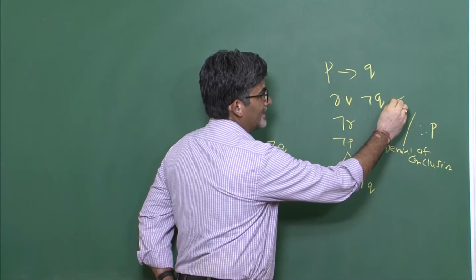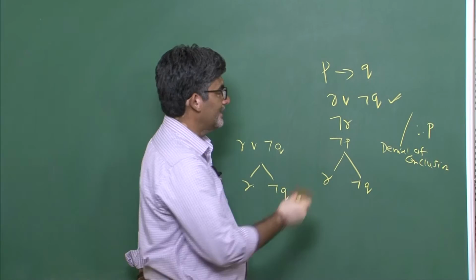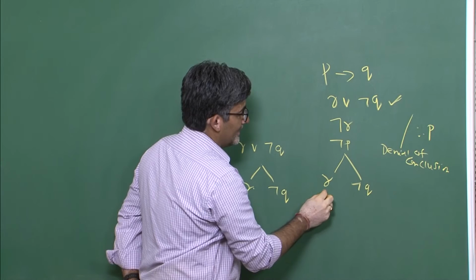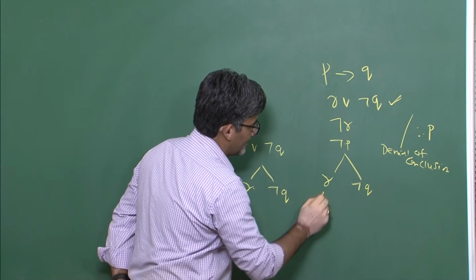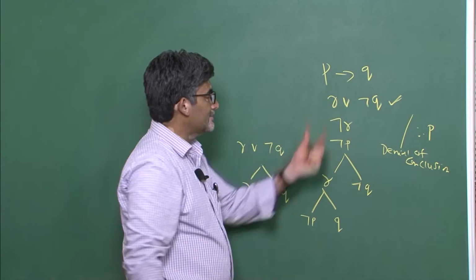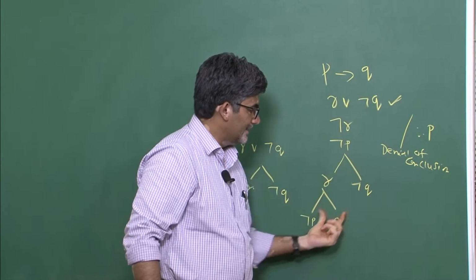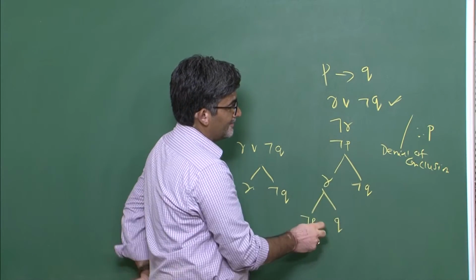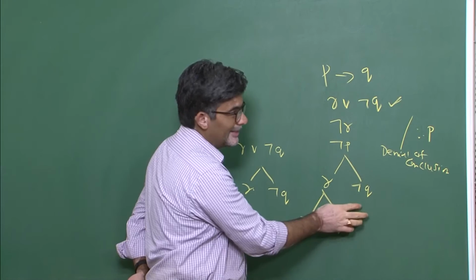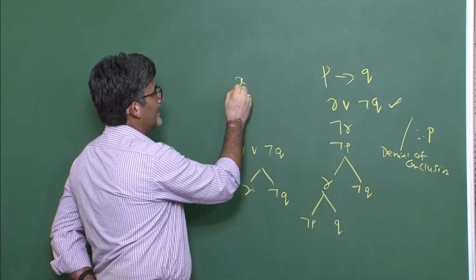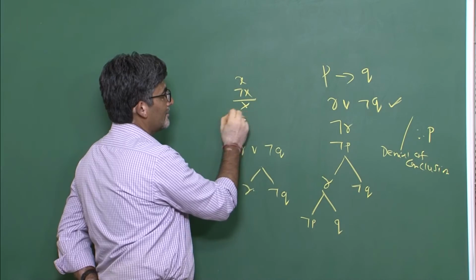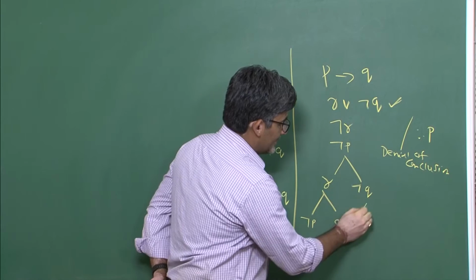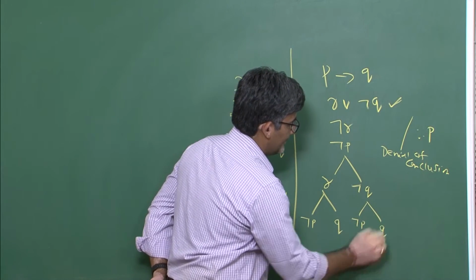Now this is over, that is why we checked it, so we put a tick mark here. Now the formula left for us is this one. This can be written like this, not P or Q. This particular piece of information needs to be written under all open branches. This branch is not yet closed. A branch will be closed only when a literal and its negation occur in that branch. Then you have to close the branch. So now the same bit of information you need to write here.